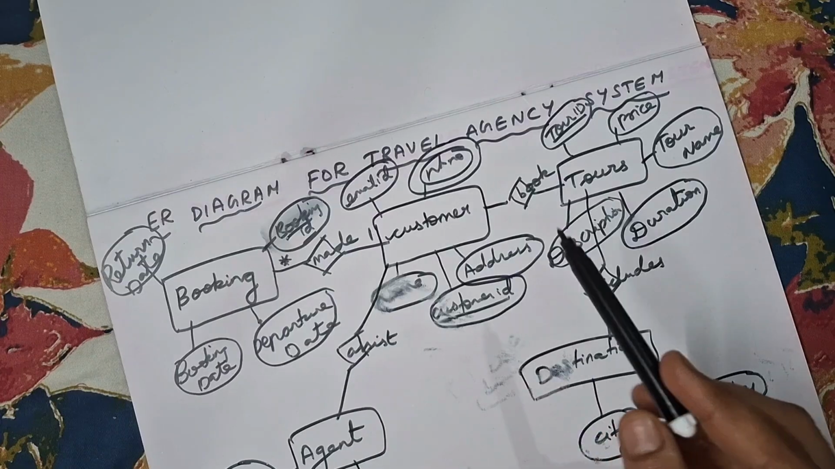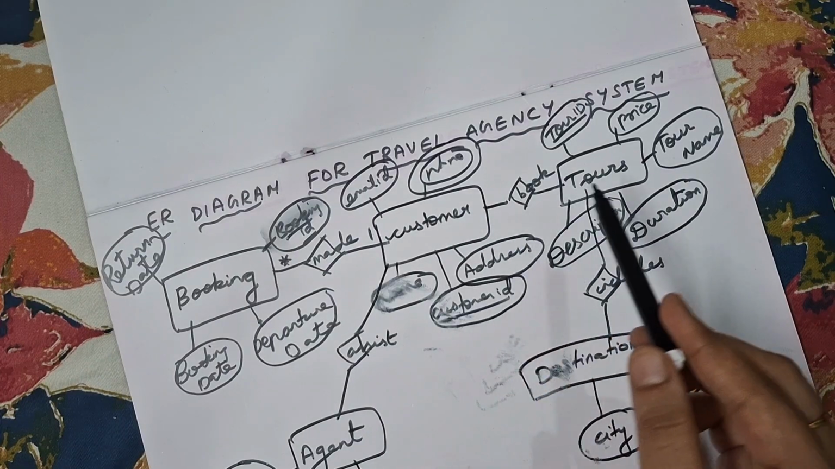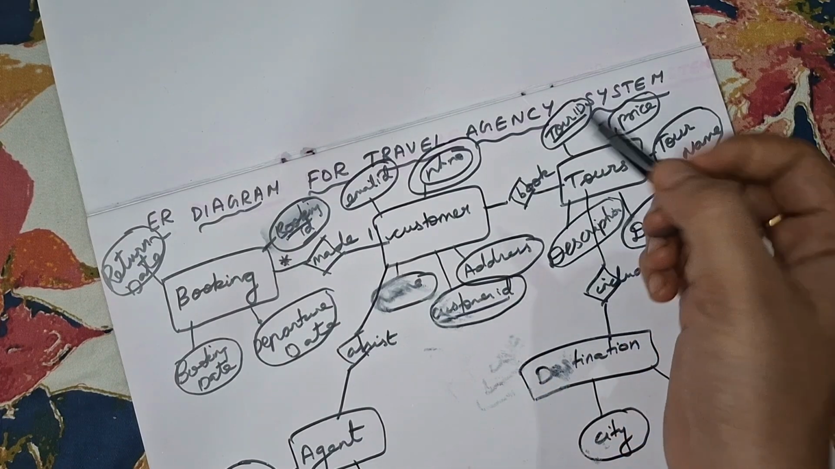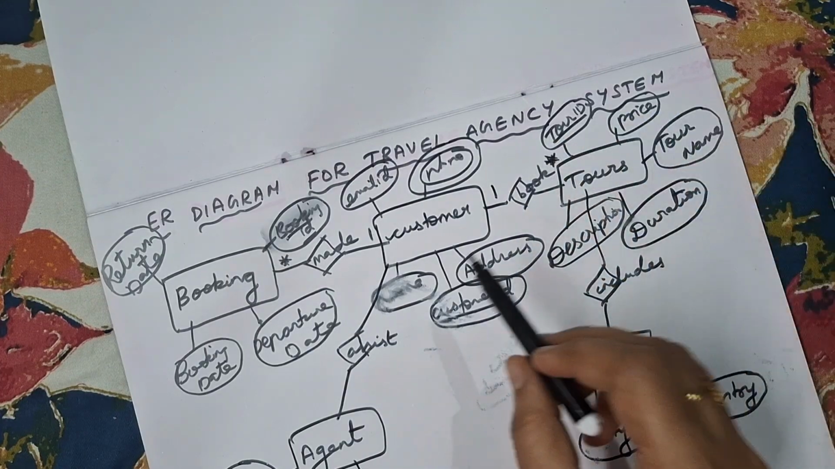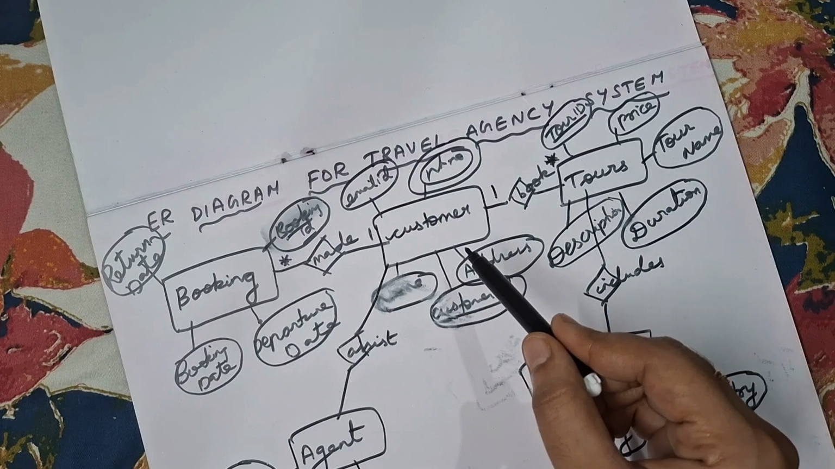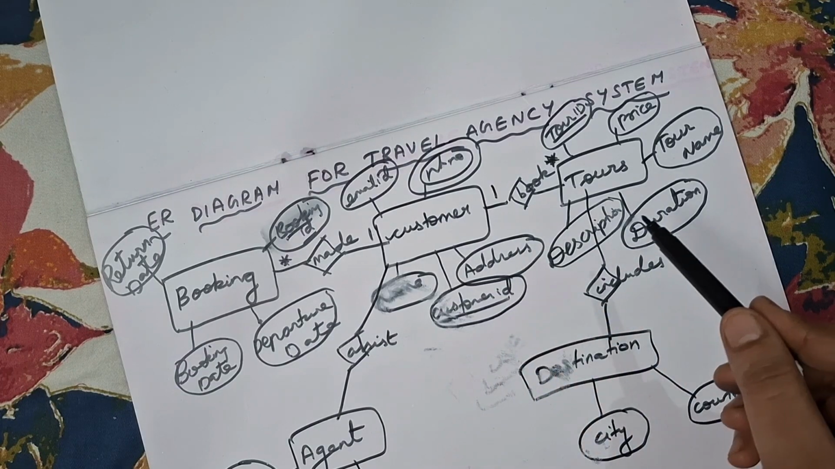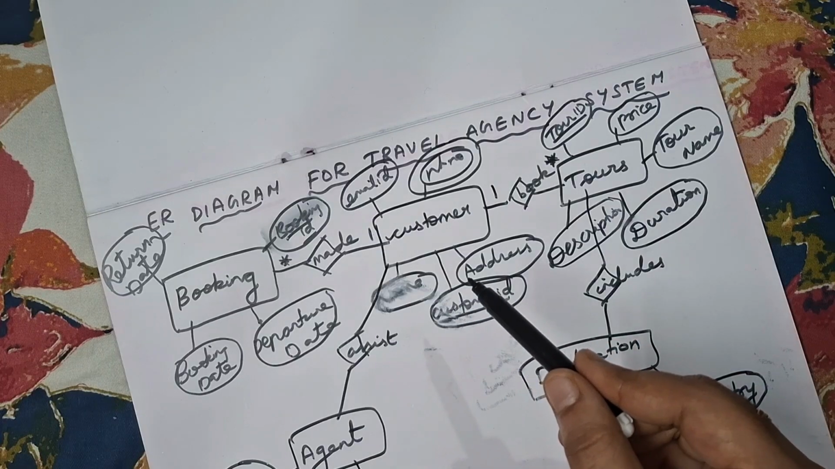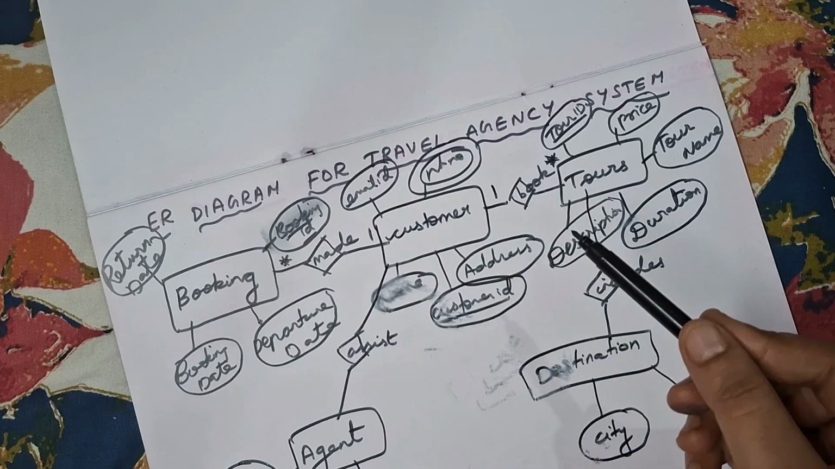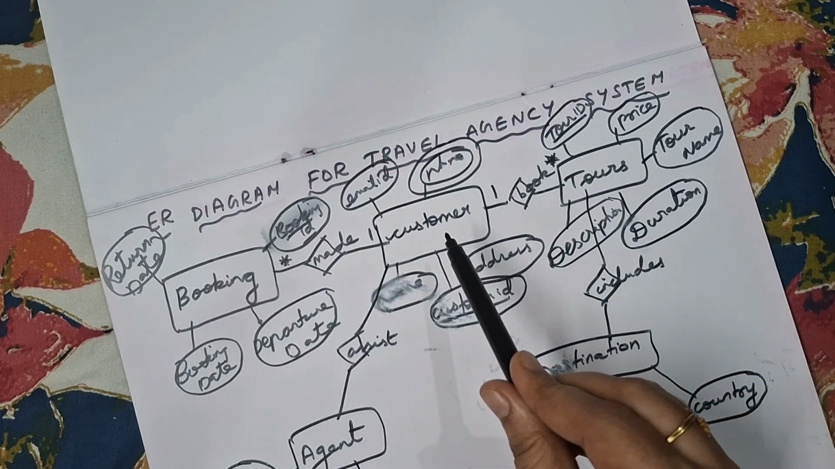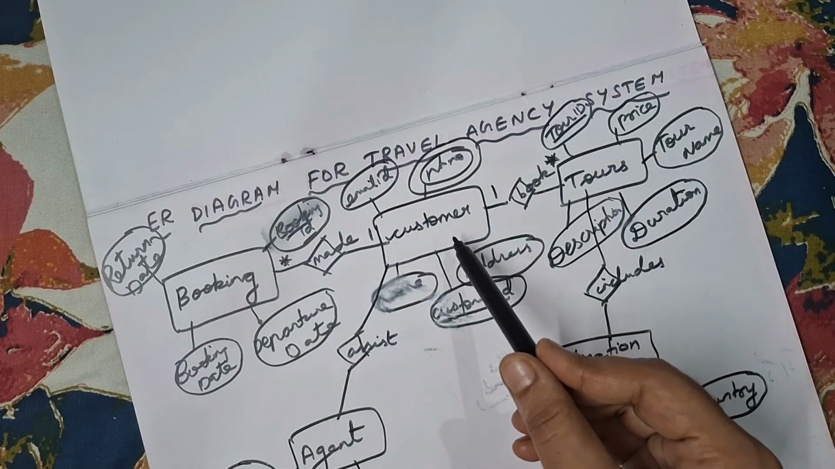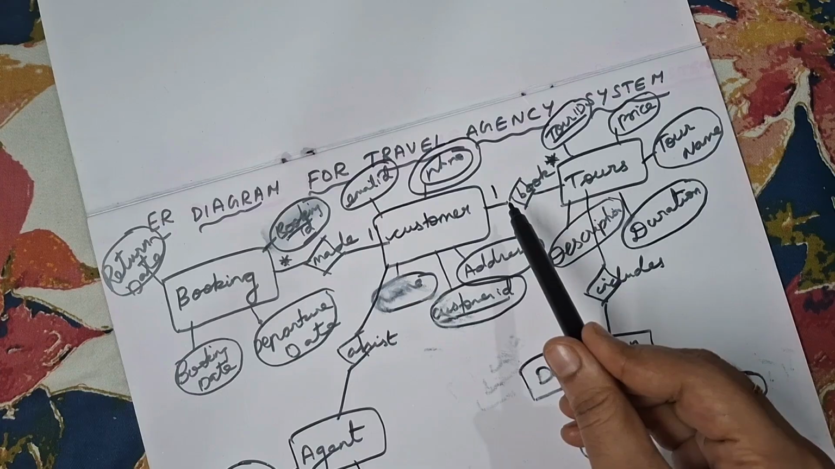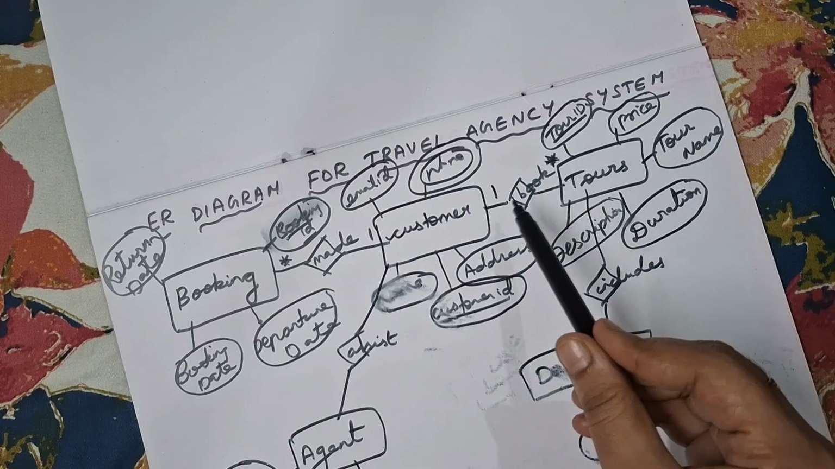Next, customer and tour. One customer can book for many tours. Now the customer for this week is booking on a tour to Shillong. The same customer can book for a tour to Kerala in the next week. So one single customer can book for many tours. Therefore, customer and tours will have a cardinality of